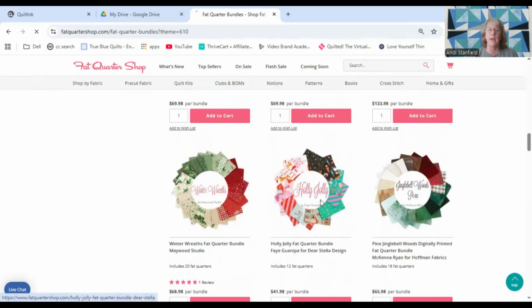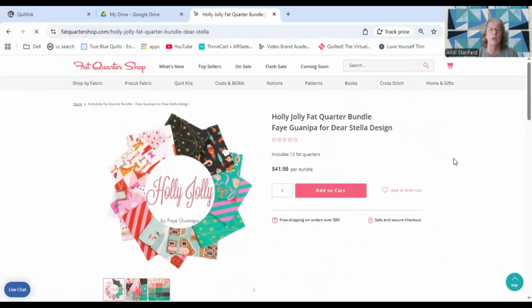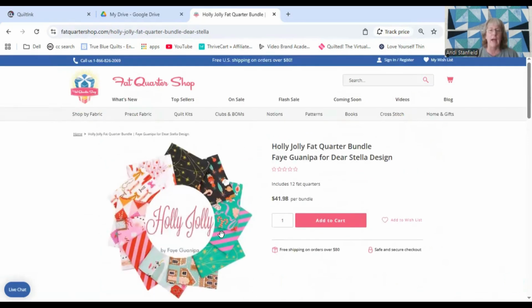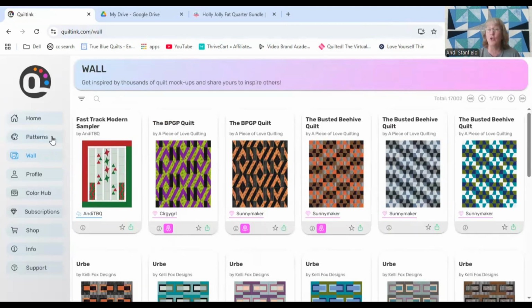I am thinking of something like this Holly Jolly palette that has some turquoise and pink and almost an orange in there. So let's use that as our inspiration in QuiltInk for an alternate Christmas. So I am going to choose the same fast track